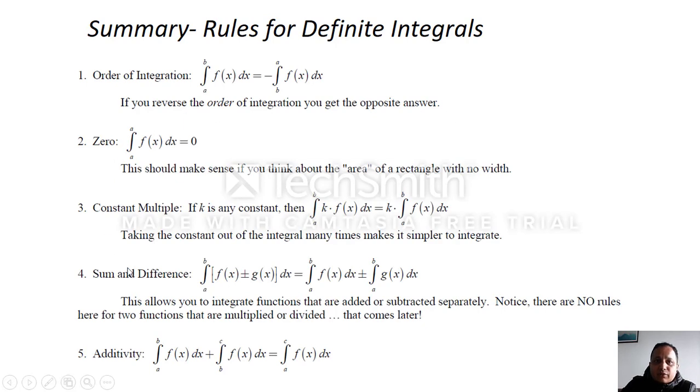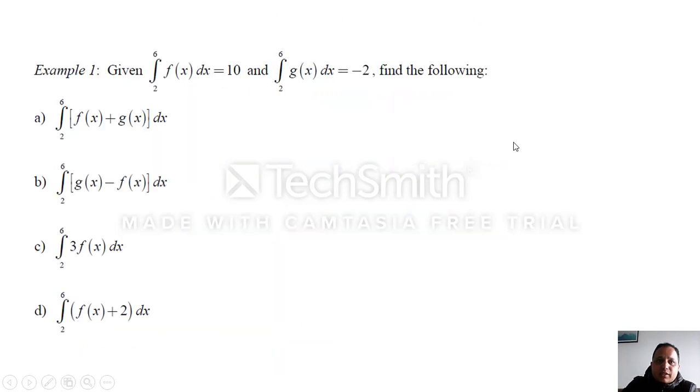Now this is a summary of the rules that we have just studied. Remember the order of operations, zero rules, constant multiplication, sum and difference, and additivity. These are 5 very important rules that you need to keep in mind. Okay, to start with some examples, let's start with